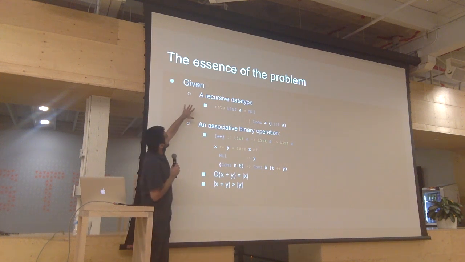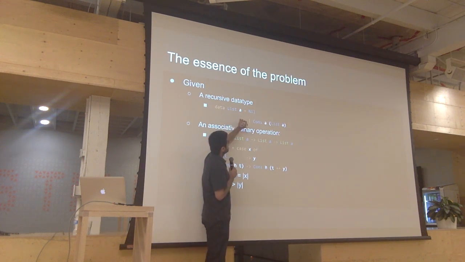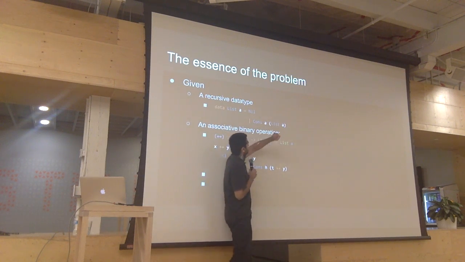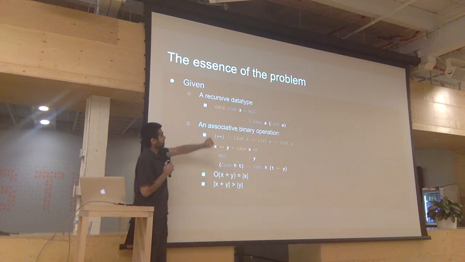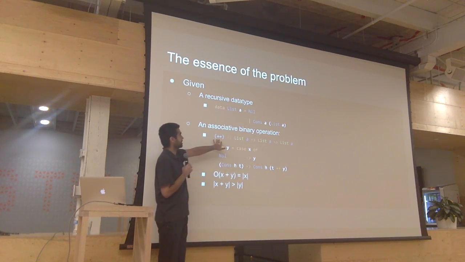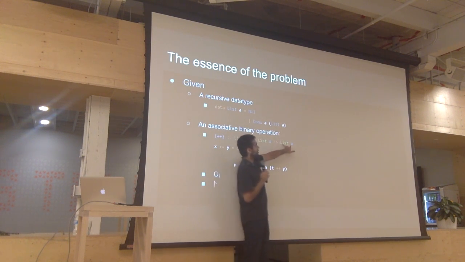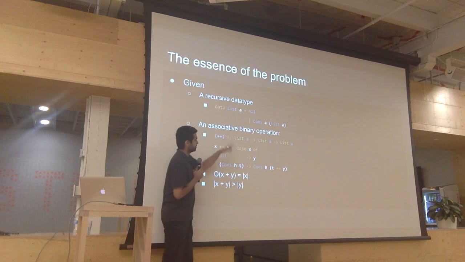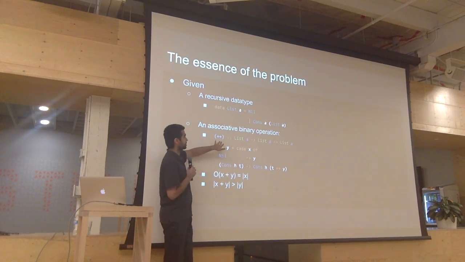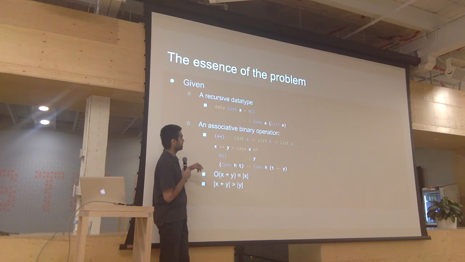So in this case, we're looking at a recursive data type. Our data type is, again, the list data type that we defined. Two constructors, nil and cons. That's where the recursion is happening. And we're talking about an associative binary operator. In Haskell, this is the syntax for a type signature. This basically says my first argument is a list, my second argument is a list, my output is a list. It's basically saying what you would expect, that it's taking two lists and producing a list. It's somewhat wonky if you've never seen curried notation before, but that's not really the point.